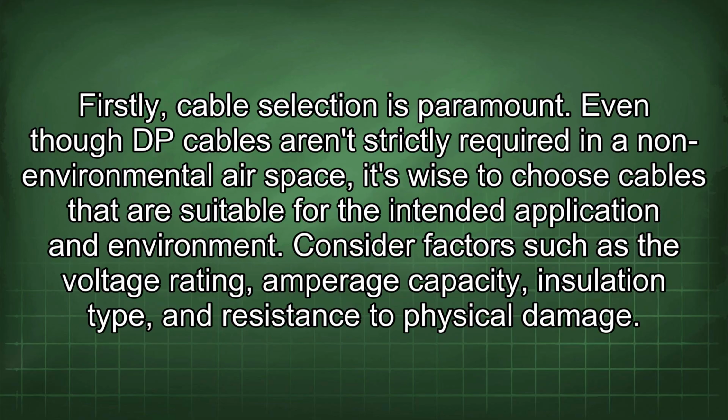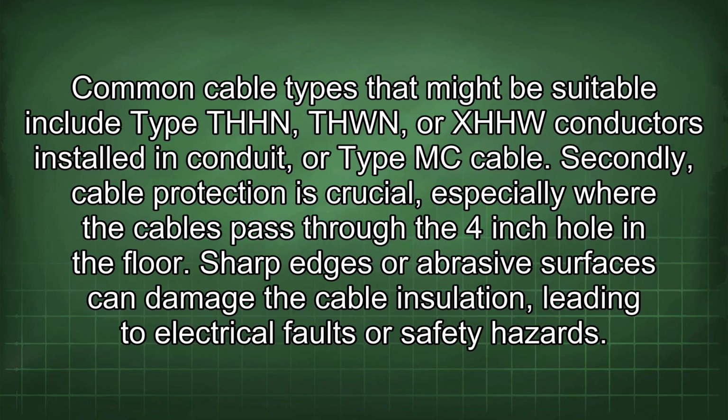Even though DP cables aren't strictly required in a non-environmental airspace, it's wise to choose cables that are suitable for the intended application and environment. Consider factors such as the voltage rating, amperage capacity, insulation type, and resistance to physical damage. Common cable types that might be suitable include type THHN, THWN, or XHHW conductors installed in conduit, or type NM